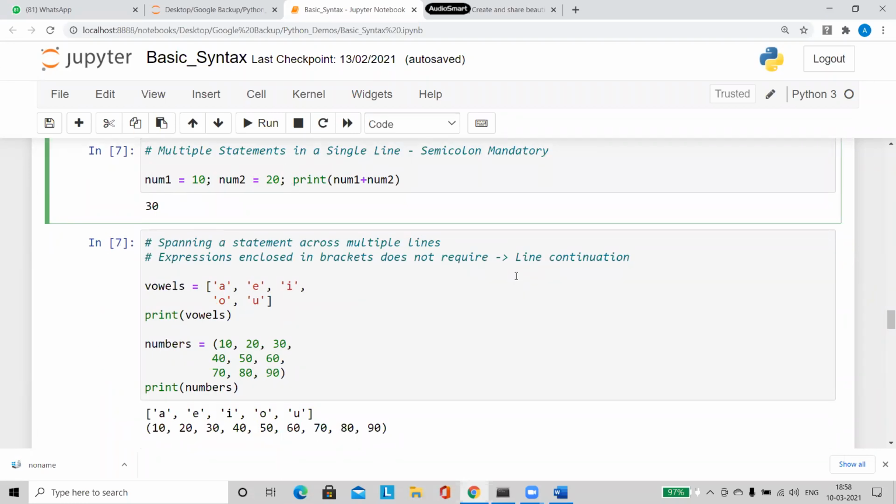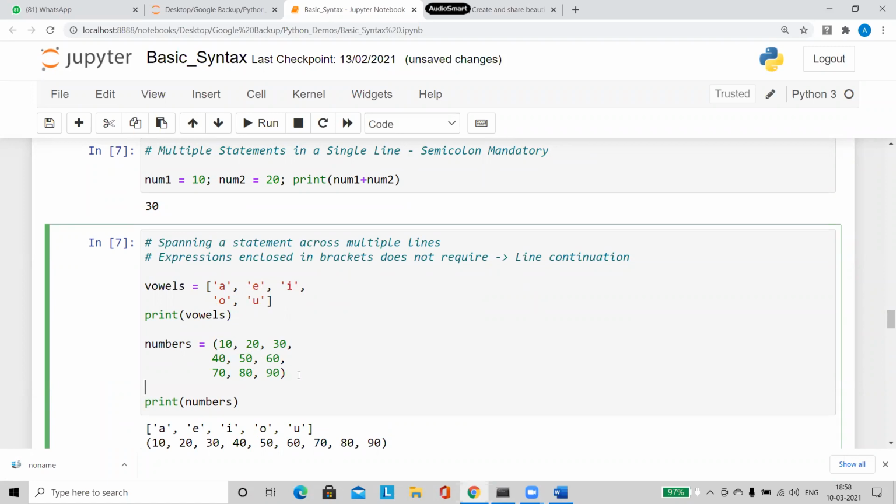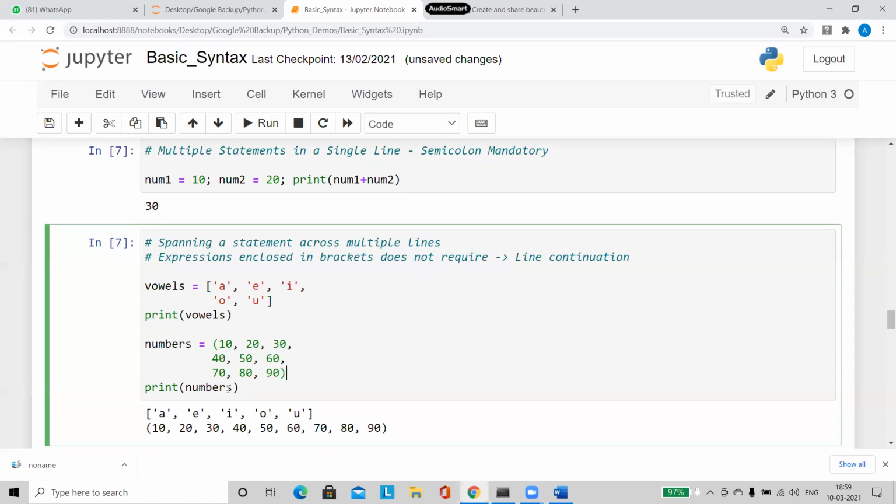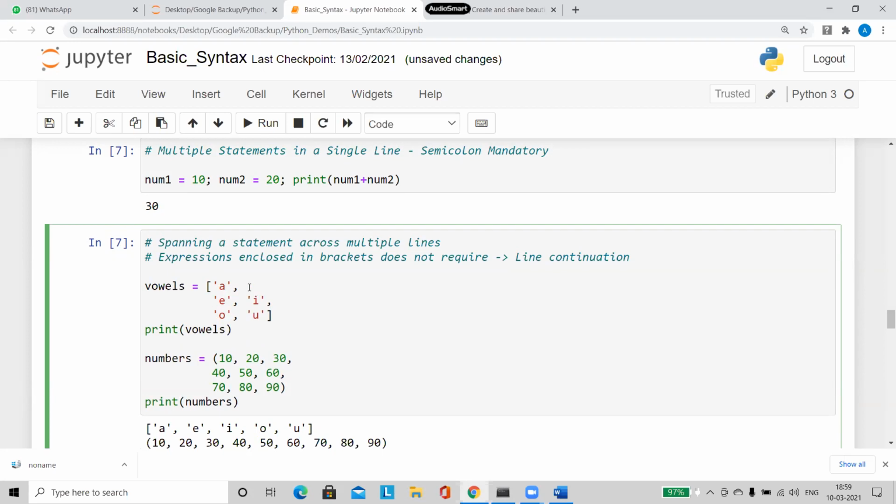Right. So now I told you that we cannot write codes like this. Yes, we cannot do it, but there are a few exceptions. We can use multiple lines when we are using brackets, whether it is a square bracket or curly braces. When we are using brackets like this, then it is possible for me to span the variable in two lines. So if I want, I can do it like this also.